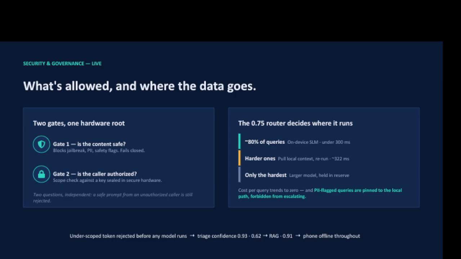Now, if you look at the right column, we can see the 0.75 router. It's a baseline that defines how queries will be addressed after both gate 1 and gate 2 have been passed. So the SLM is fired for every single query, and mostly 80% of queries are anticipated to be addressed by the SLM.